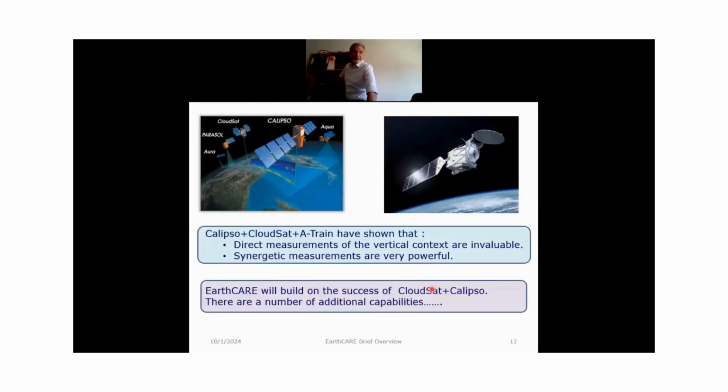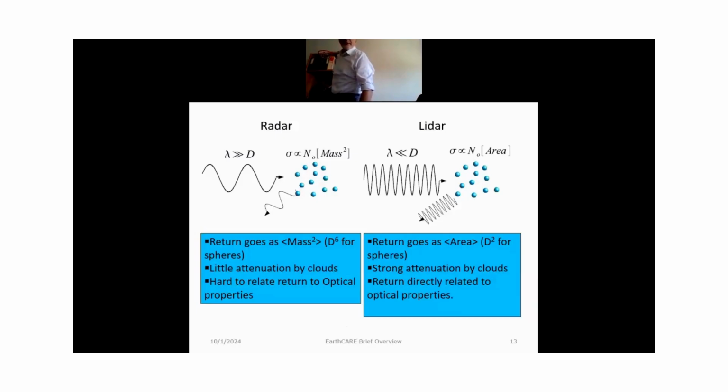Of course, we had to compare EarthCare with the A-Train, the combination of CloudSat and CALIPSO. They were both launched in 2006 and were groundbreaking, and they lasted a whole lot longer than anyone would have guessed. Just to remind everyone why it's a good idea to combine LiDARs and radars, especially for cloud measurements,